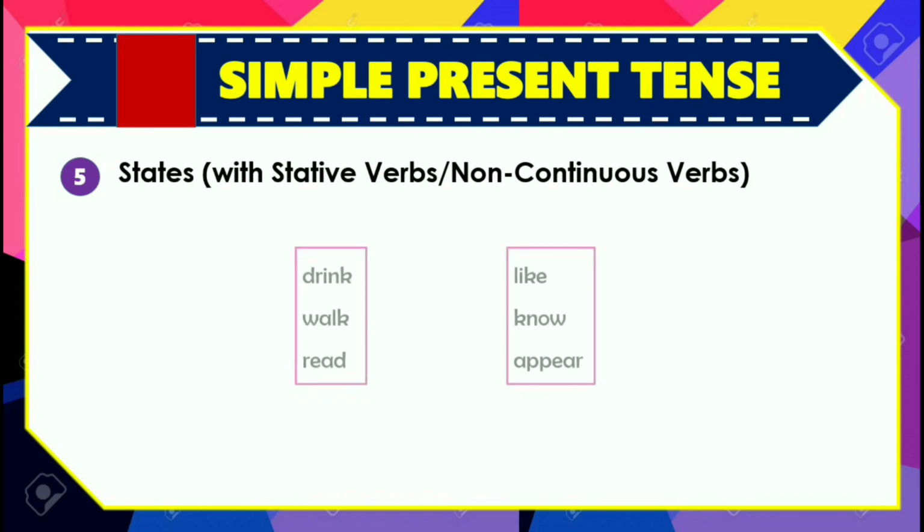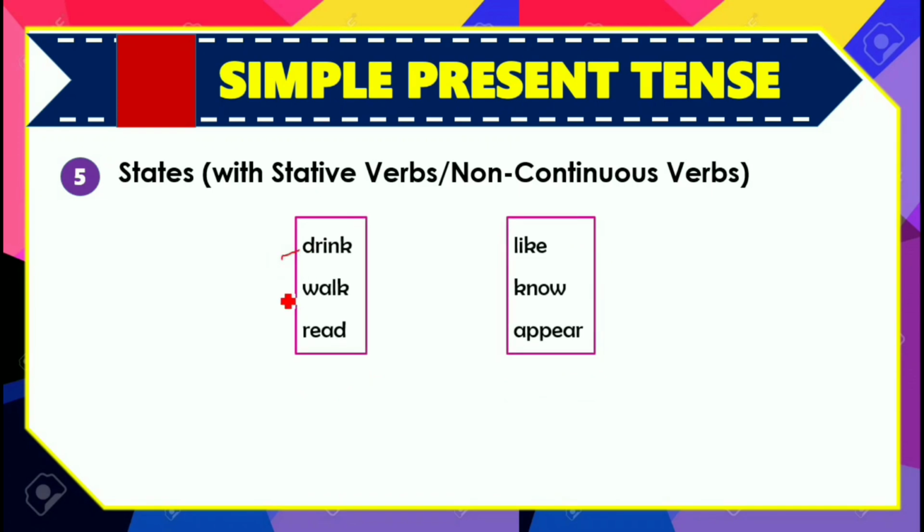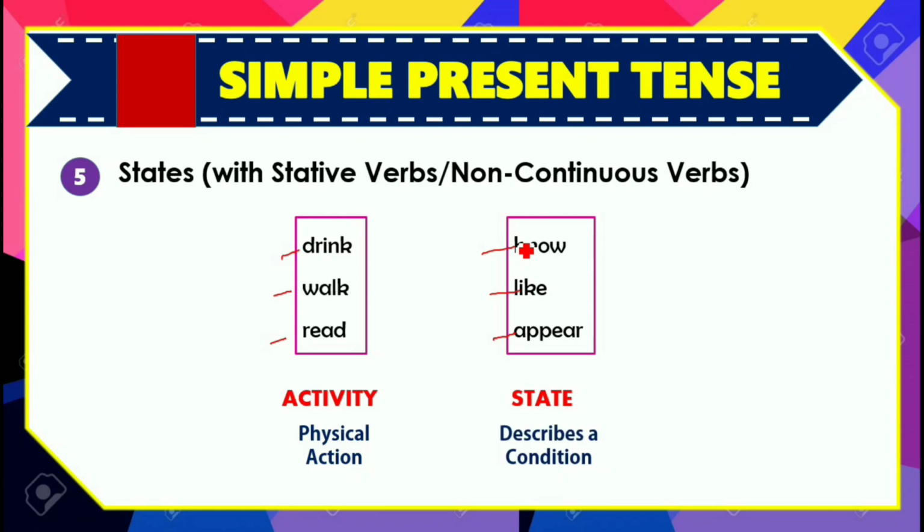Now let's take a look at this example. Here we have drink, walk, and read. They show activity. There is a physical action. So these verbs are action verbs. On the other hand, verbs like know, like, appear are not really action words. This is what we call state. You just simply describe the situation, that he knows something, that he likes it. It describes a condition. It's not really a physical action, but still they are considered verbs, and they are called